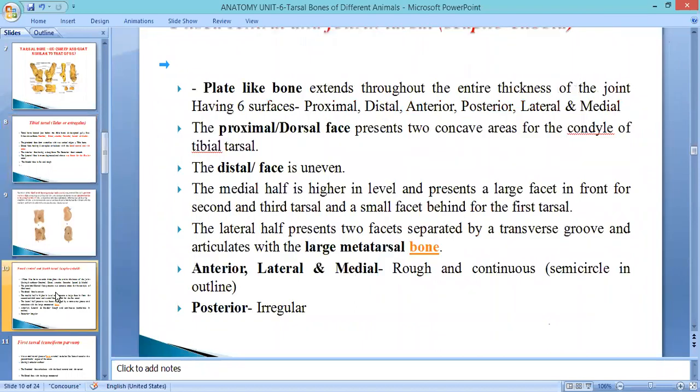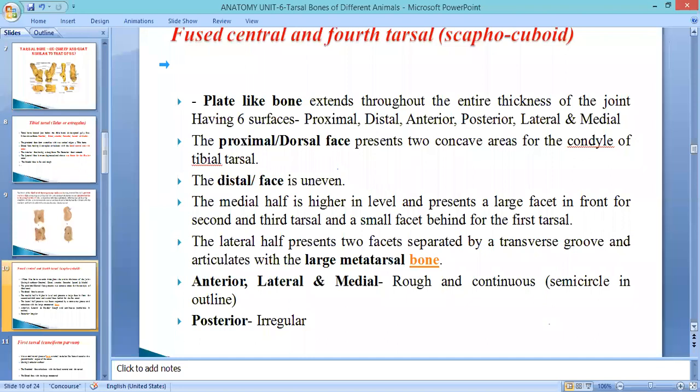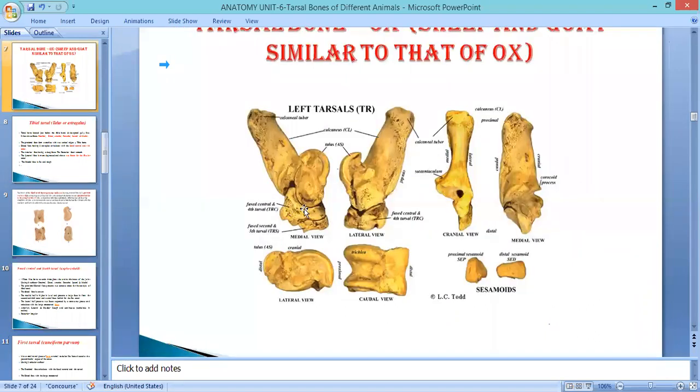So next is the central plus fourth fused tarsal, also known as the scaphocuboid. It is a plate-like bone. You see here, the central plus fourth is a plate-like bone. Proximally, at the top, it comes in contact with the condyle of the tibial tarsal, and a part also comes in contact with some part of the medial part of the fibular tarsal, and distally